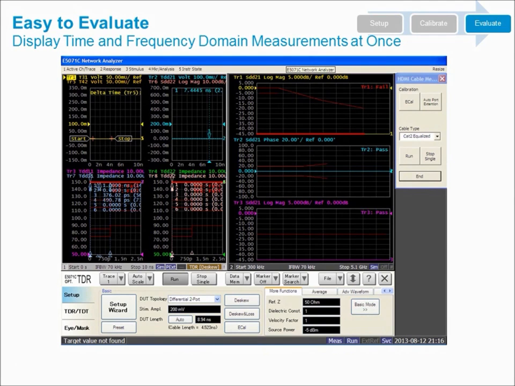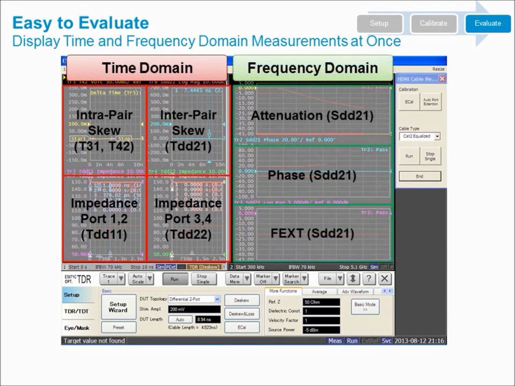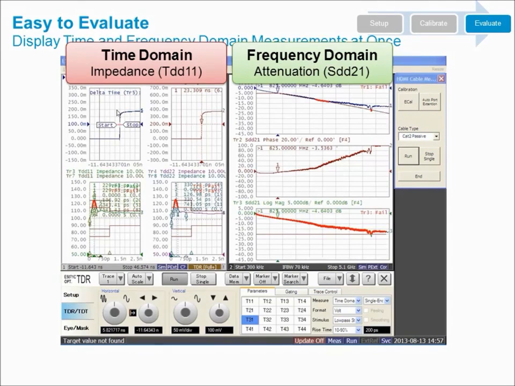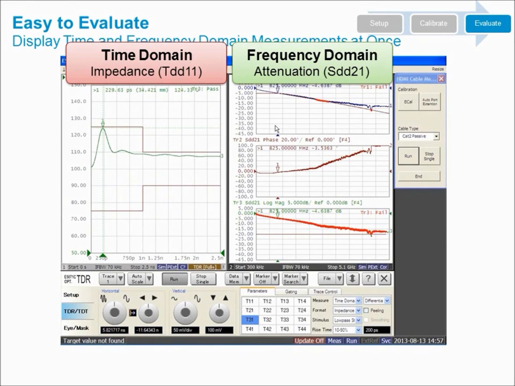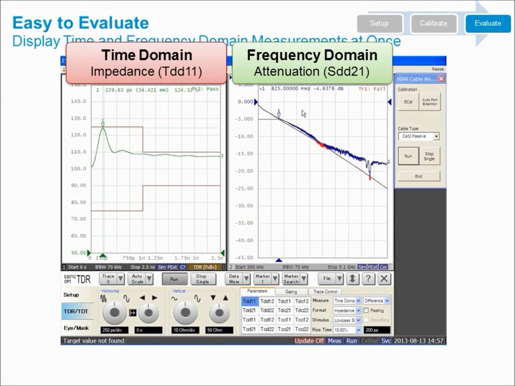Finally, we can measure the DUT. It's very easy to evaluate. You can see both time and frequency domains in one screen. We can zoom each trace that we want to check. For example, let's focus on impedance in time domain and attenuation in frequency domain. As you can see, measurement results are updated promptly. And you can do real-time analysis for both time and frequency domains with test limits and pass-fail indicators on the